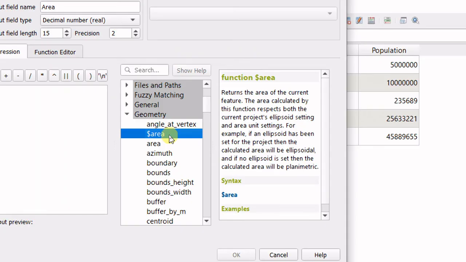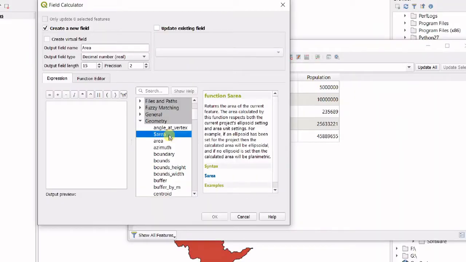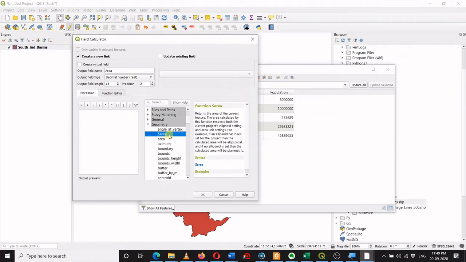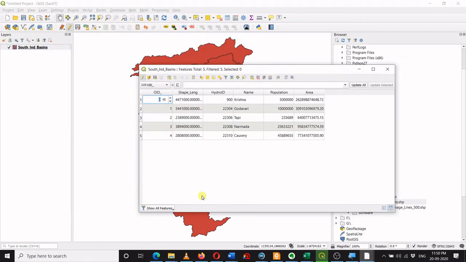Then I will double click, so it will appear over here. It means it will calculate the area of the polygon, and then I will click OK. Now the value has appeared over here.